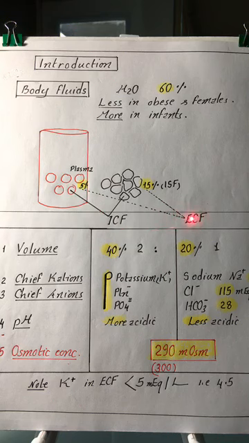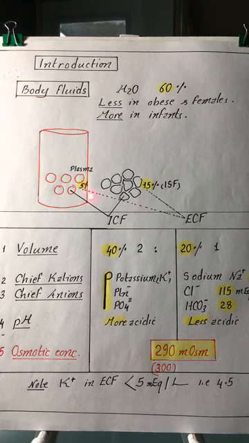The extracellular fluid compartment constitutes 20% of our body weight, and is divided between the plasma around the blood cells,